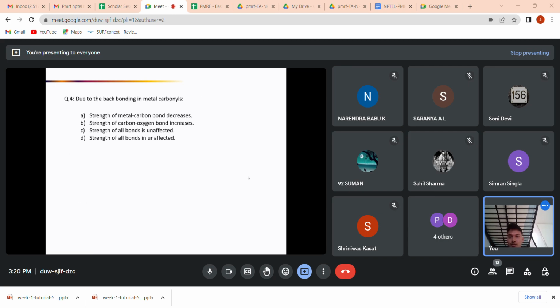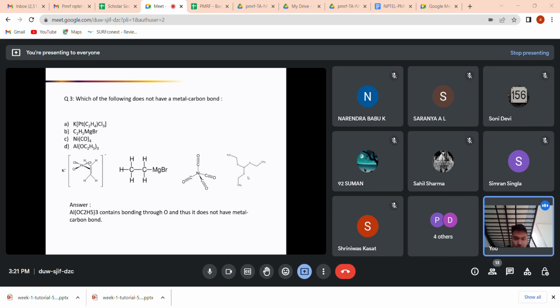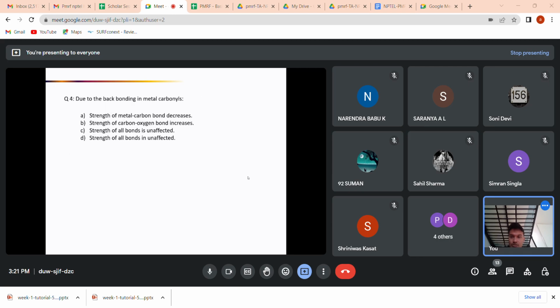So due to the back bonding in metal carbonyls, I think you guys know about metal carbonyls. So that's a metal, and carbonyl, just like this nickel complex, you can see that's a metal carbonyl, nickel tetracarbonyl species. So the strength of metal carbon bond decreases when there is a back bonding from the